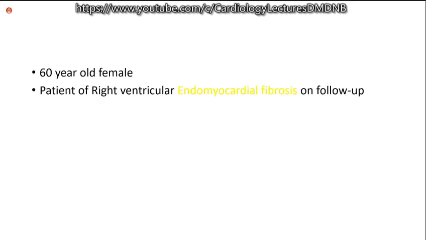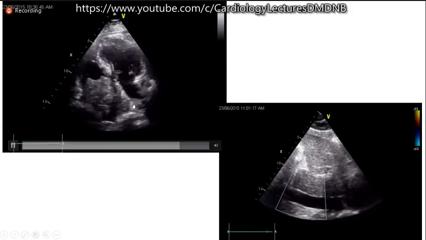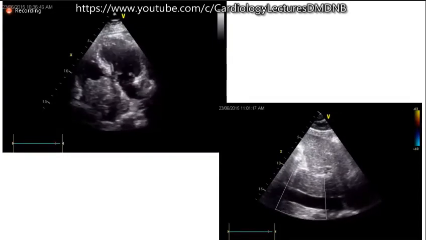Right atrial thrombus. Right atrial thrombus, of course, occurs in patients with endomyocardial fibrosis, but also you can sometimes see emboli which are dislodged from the deep veins and come to the right atrium. These are patients who are going in for pulmonary embolism and infarction. It's a very huge thrombus. Whenever you find such a huge thrombus in the right atrium, you should always think of the possibility of RV endomyocardial fibrosis.